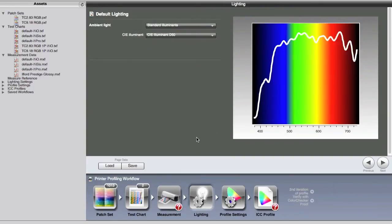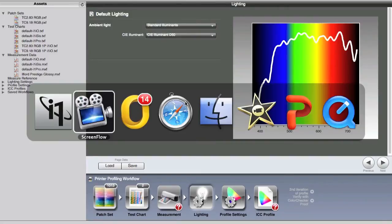So after you've read in all of your patches, now you can tell it what your lighting is. Now I can have it for any of these default lightings, and it might not be particularly helpful if you don't know what these numbers mean. So for example, we know D50 is kind of a standard daylight, but what is D55? What is D65? Well, let's go ahead. I'm just going to jump into